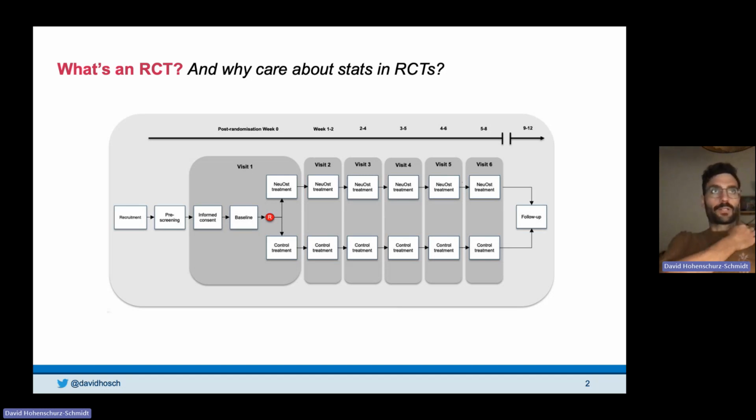The R in the red circle refers to randomization, and that means that eligible participants are randomly allocated to two or more study arms. And that already is the second distinguishing and important feature of a randomized controlled trial, the fact that participants are either allocated to a treatment group or to another control intervention, control arm, control condition. That can be of different natures depending on the research question, but the essential feature is that you're comparing treatment